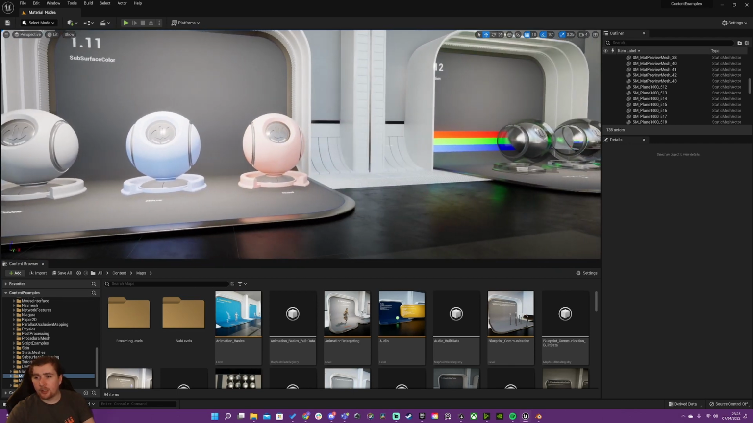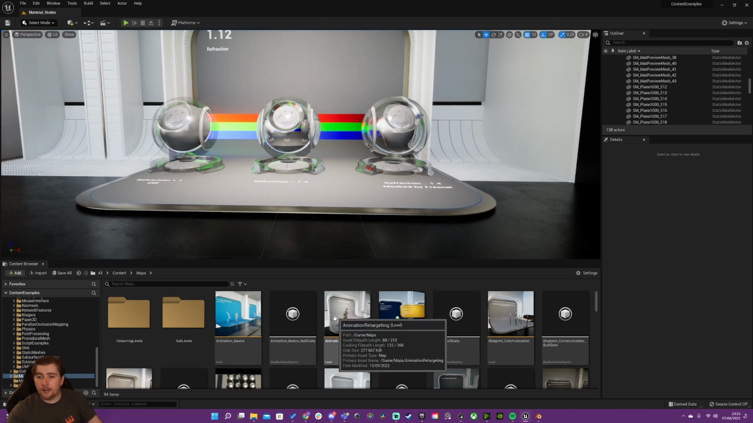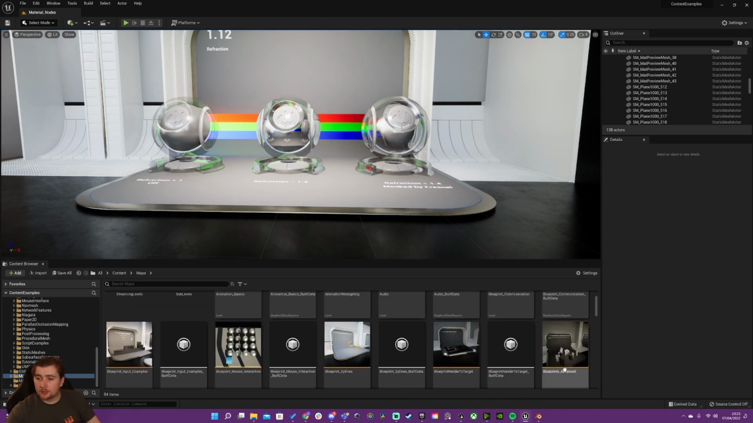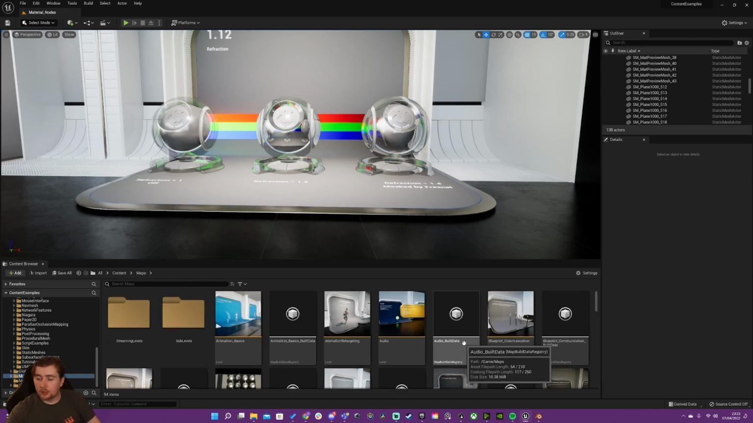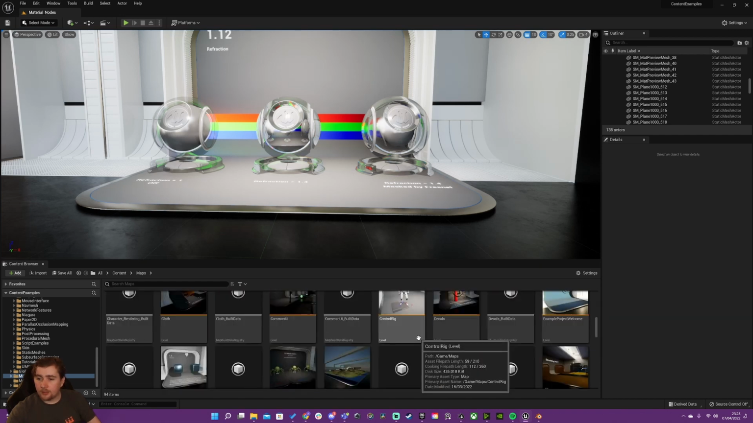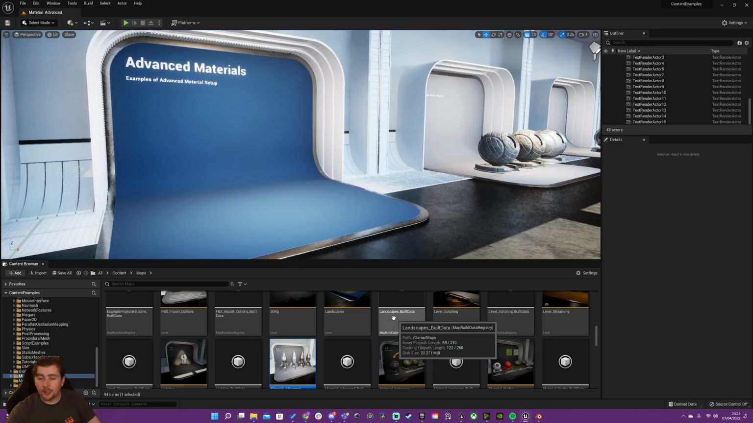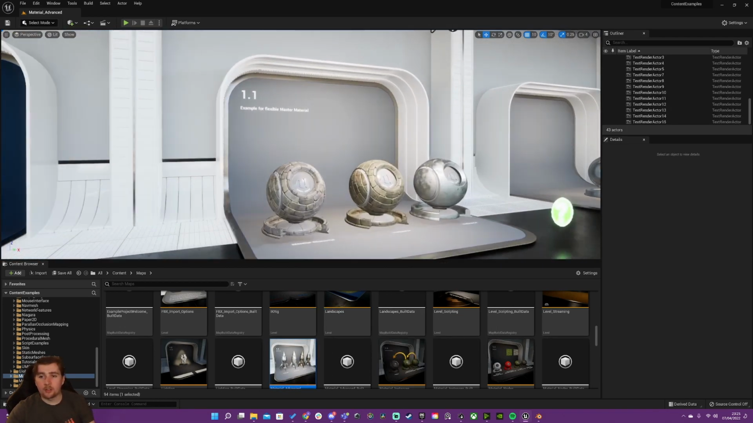Yep, so that covers some really good stuff. And then there's several maps to do with materials. Scroll down, even ones that cover advanced materials. So we start talking about